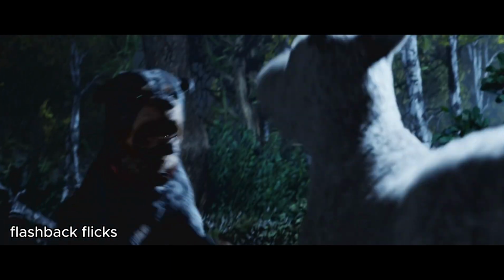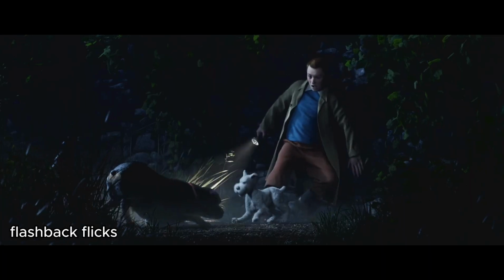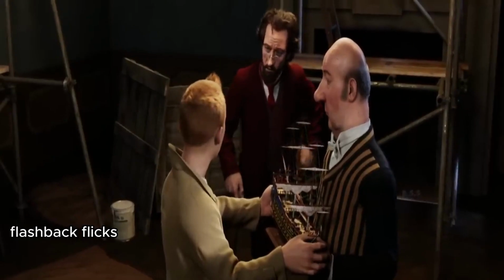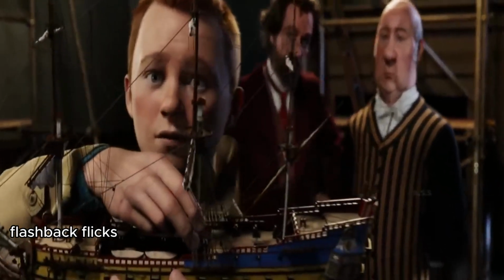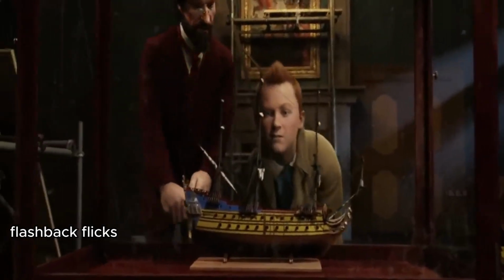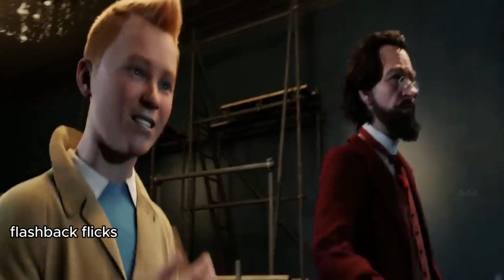As Tintin sneaks into the house, he is attacked by a fierce dog. Fortunately, Snowy manages to calm the dog, allowing Tintin to continue his search. Inside the house, Tintin finds a replica of the Unicorn, but realizes it belongs to Sakharine when he notices the undamaged mast. Tintin returns the ship and questions Sakharine about his interest in the Unicorn, but Sakharine evades the question